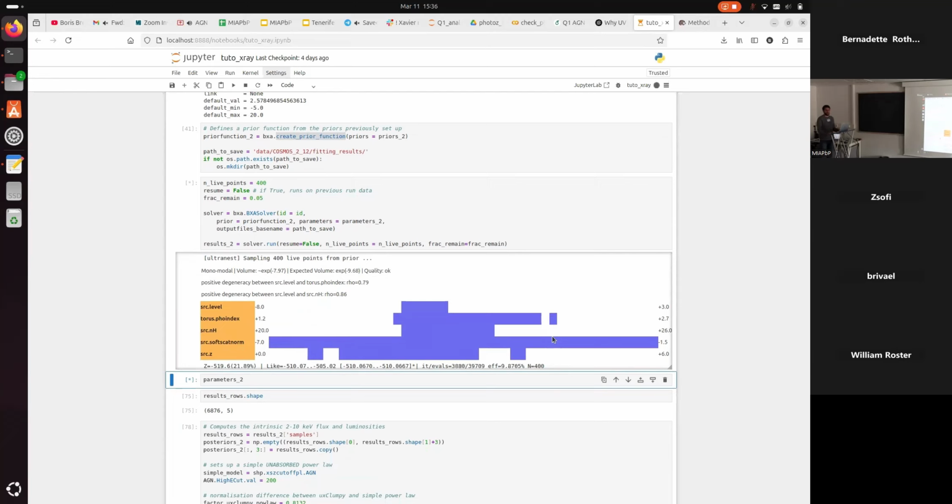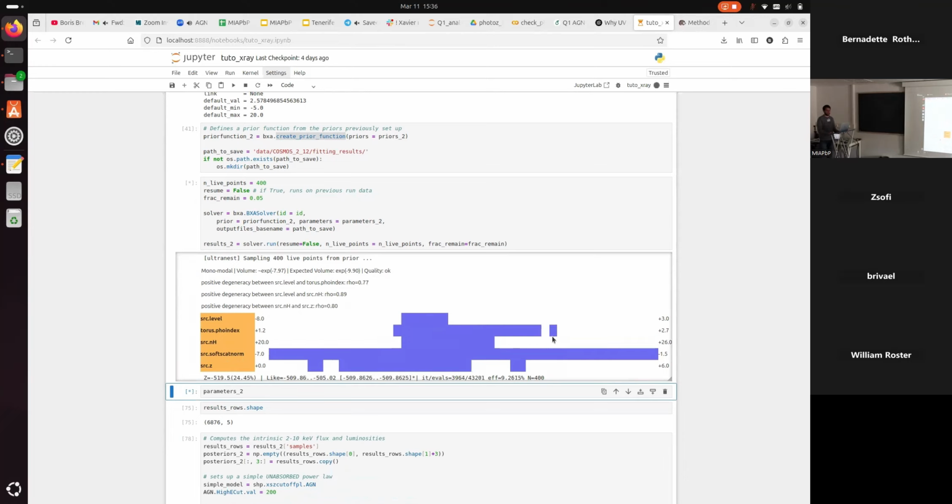Yeah, that can be really useful, but it takes more time, and also you need to trust the SED fitting, and as we saw earlier, there's a lot of parameter degeneracy, so